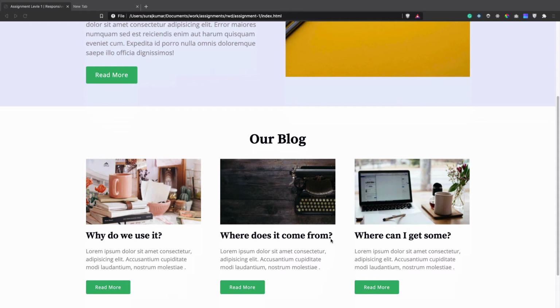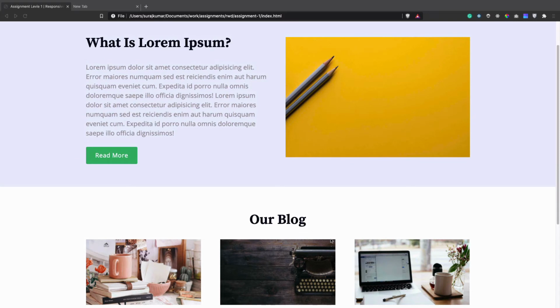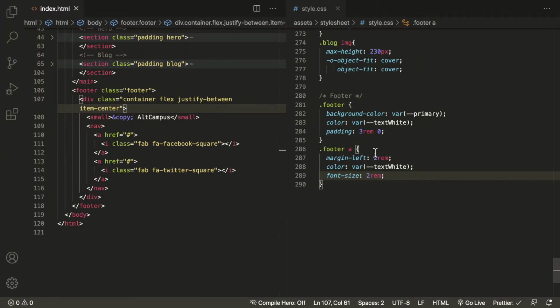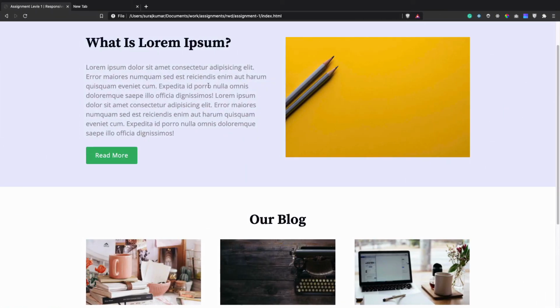So how can we get that? We know how we can do that. We need to apply media queries, and inside the media query below 768 pixel for the smaller screen we can apply width of 100%. So instead of applying individually for all of these columns,